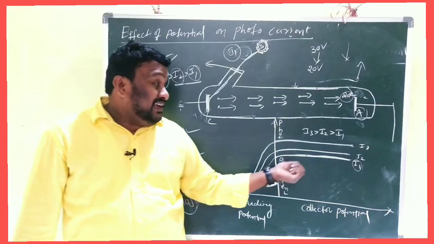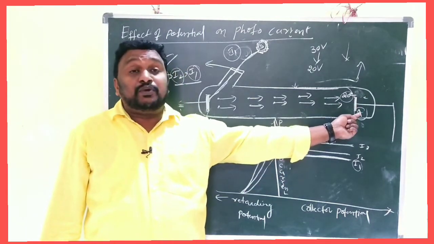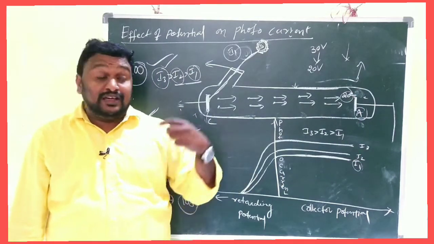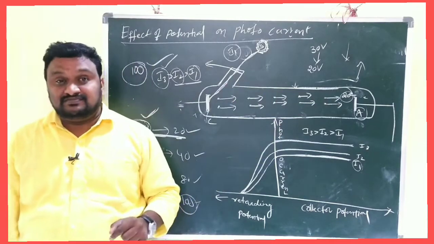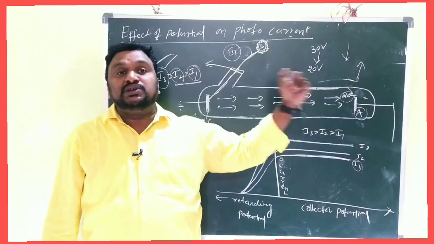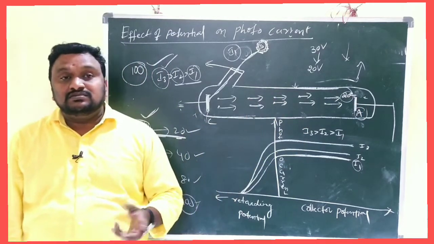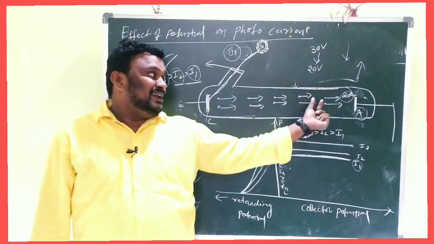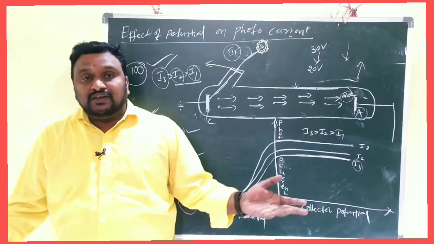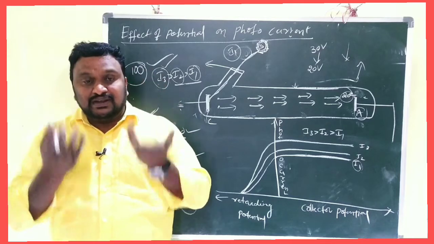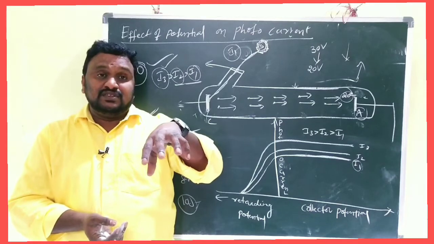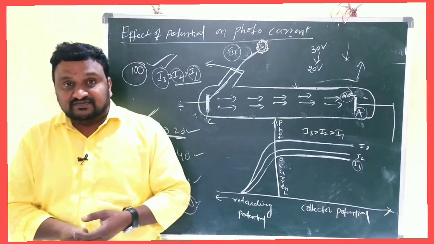Here, when the potential of A decreases, the capacity of A to receive electrons decreases. Why? Because when we decrease the positive potential it becomes negative, and the electron charge is also negative. Then, with both negative, repulsion takes place. That's why, obviously, when the value of A decreases, the positive charge decreases and it becomes negative. I already told you there is a commutator in the circuit. Commutator means the polarities will be changed.